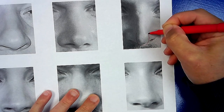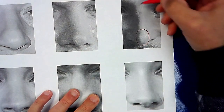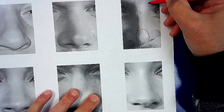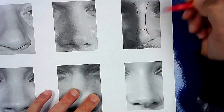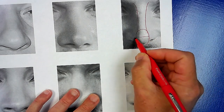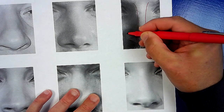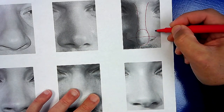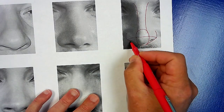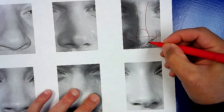So if I go over the tip of his nose, now his isn't a perfect circle, it's more like an oval, right? And then there's the two lines on the side. You divide it in half, curves downward, two edges, and then connect the bottom. You can see that that works really well. And then again,